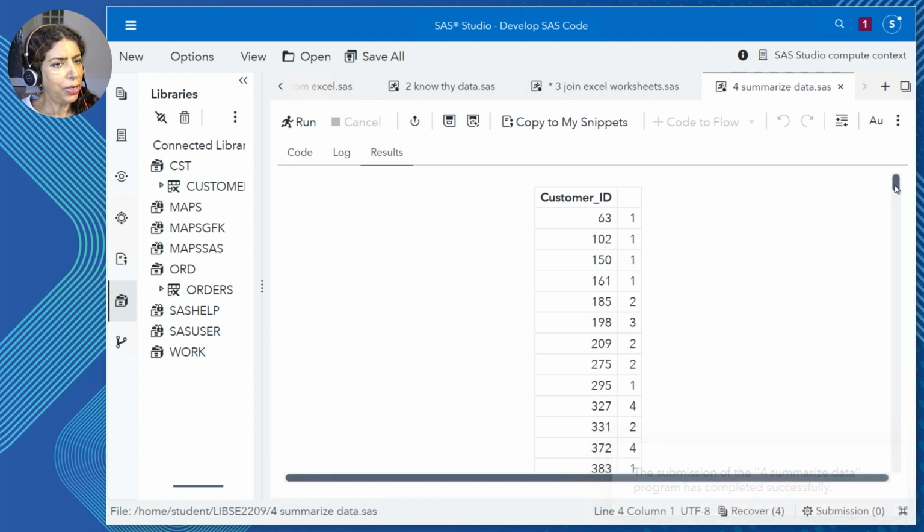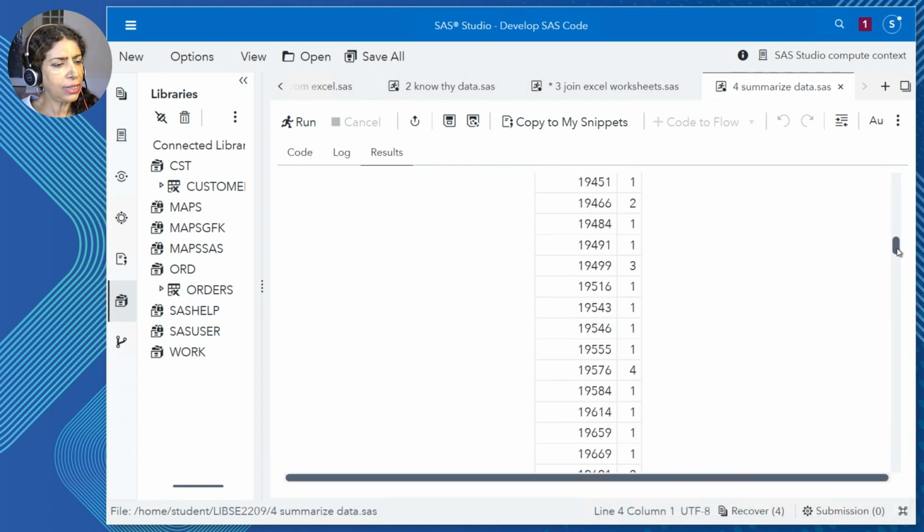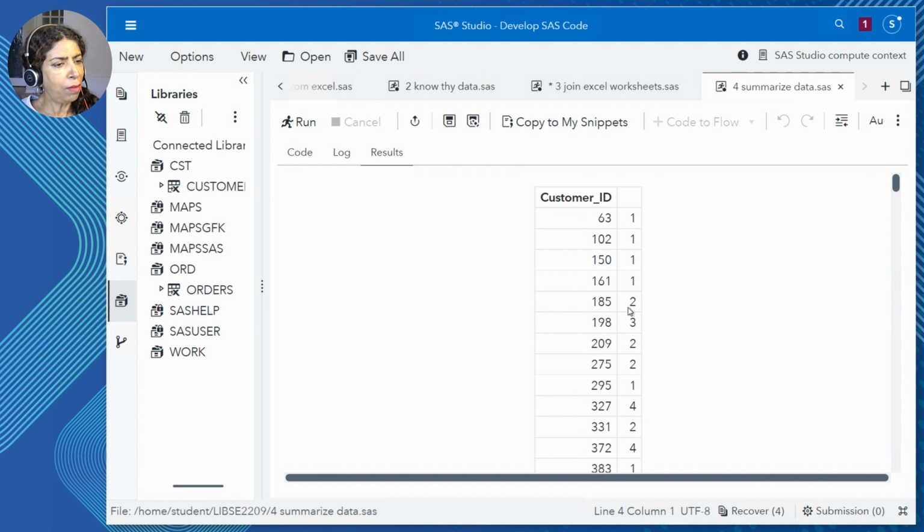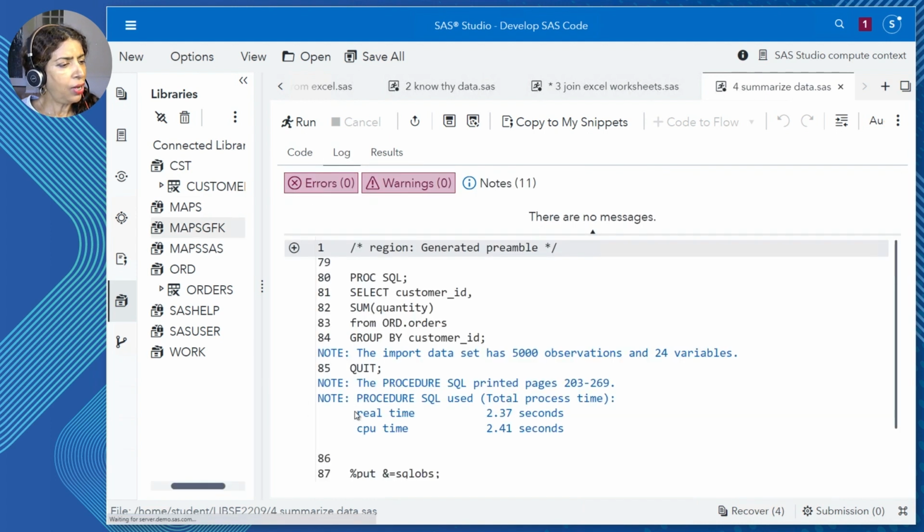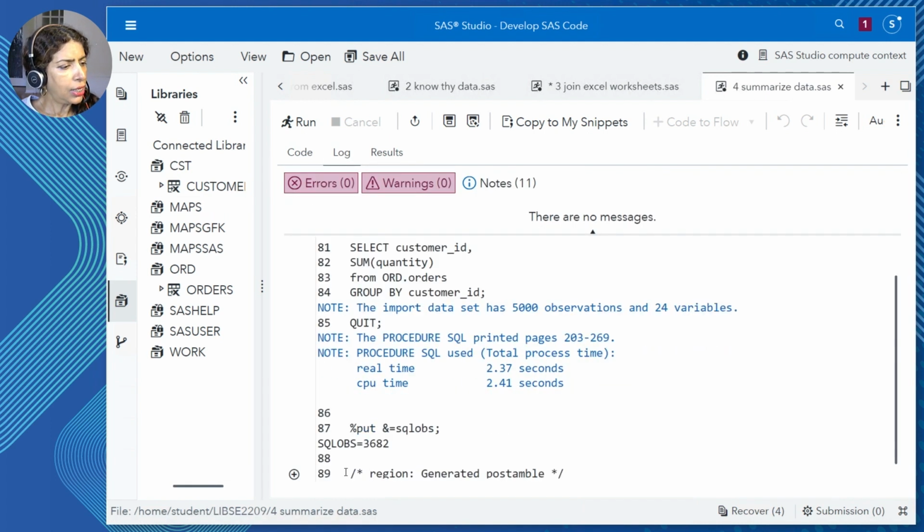And so it gives me a running listing for each customer. What is the sum of quantity? And if I look at my log, I should see I have 3,682 customers, unique customers in my orders table.